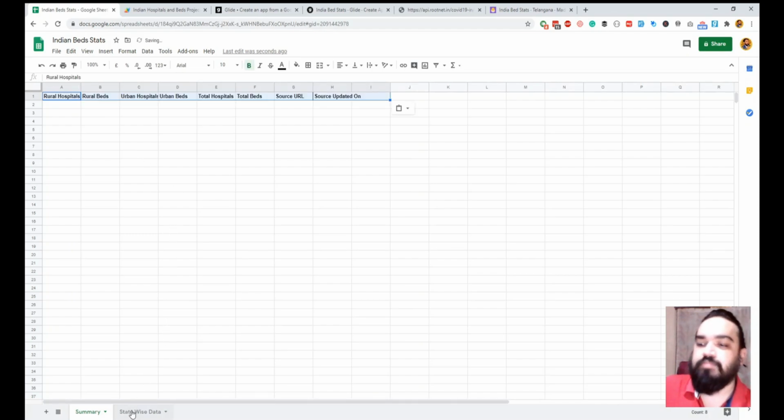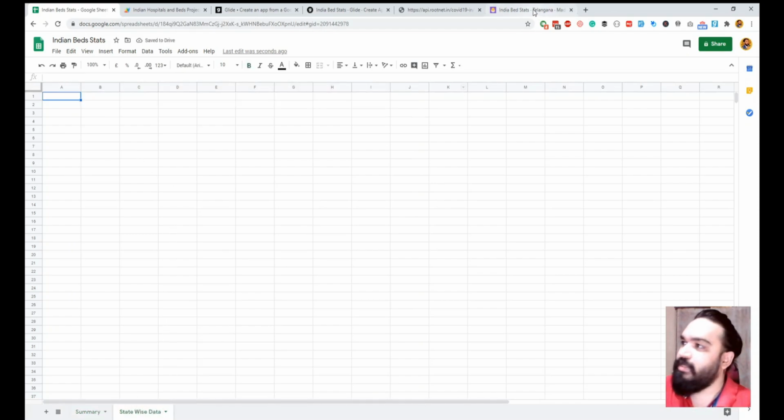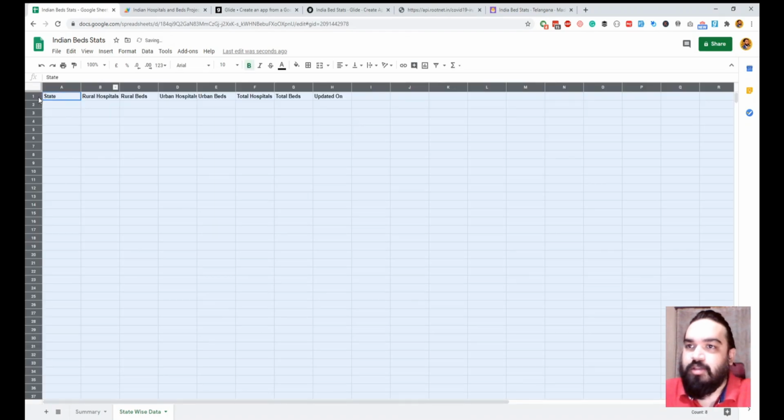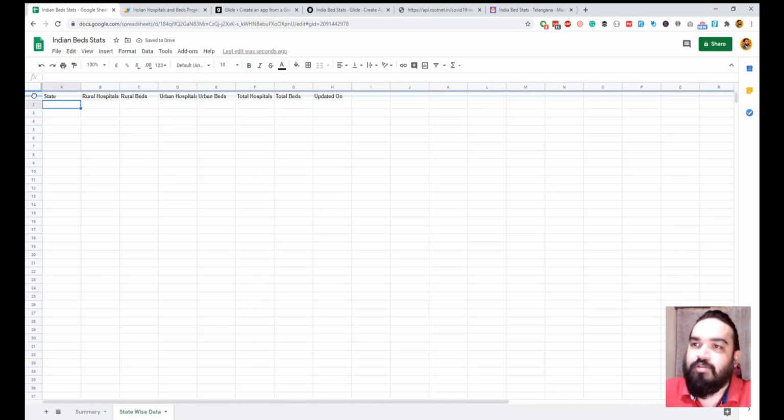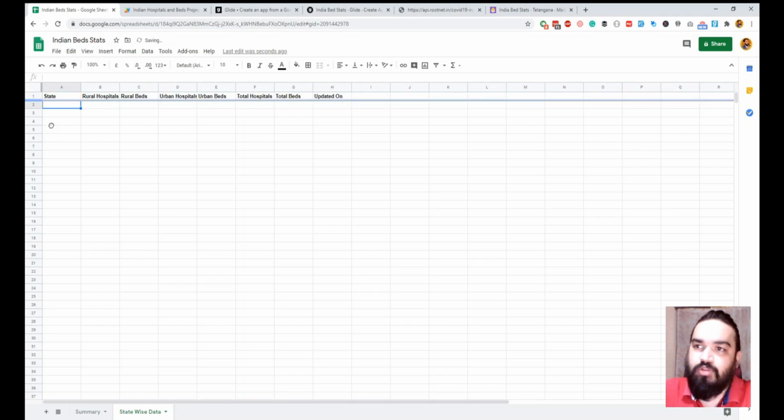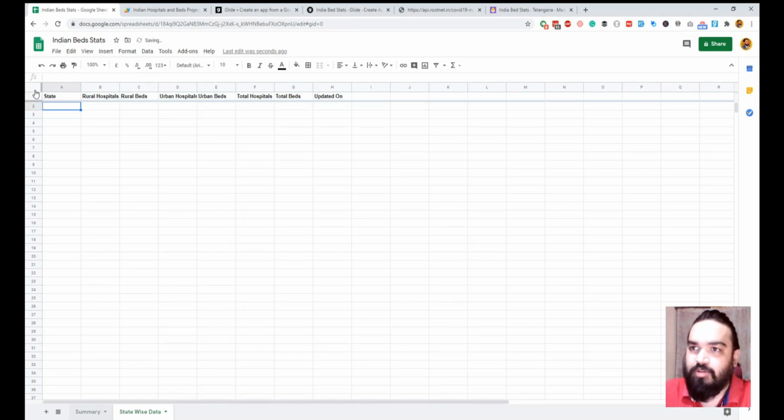And then for the state-wise data, it is more or less similar, but we'll also add the state name against it so that we know which state it is. So for the states, the headings will be something like this. Magic. So I'll just fix the header for these two sheets before we get into the logic.